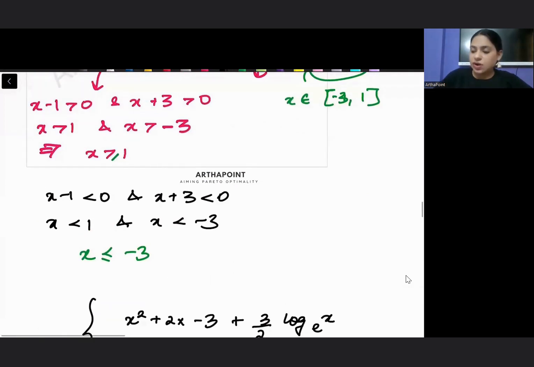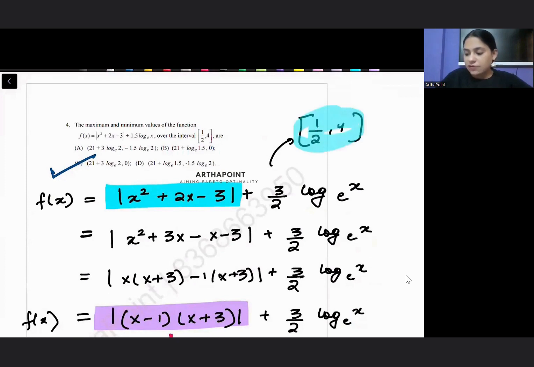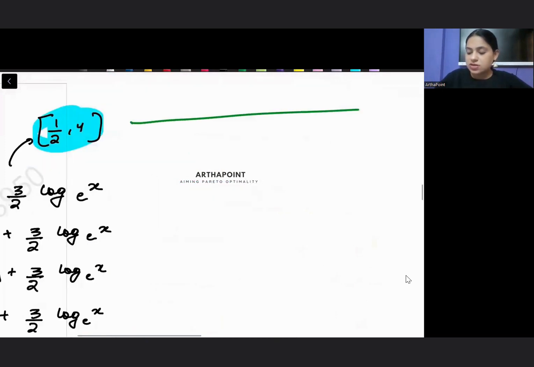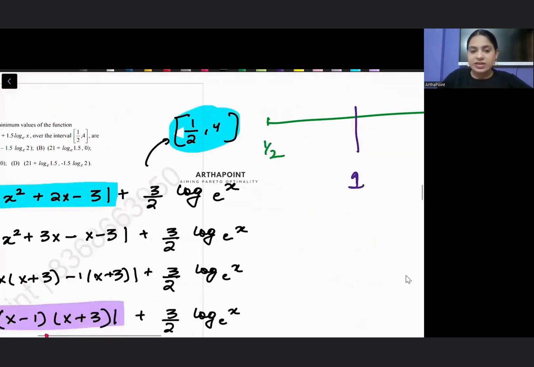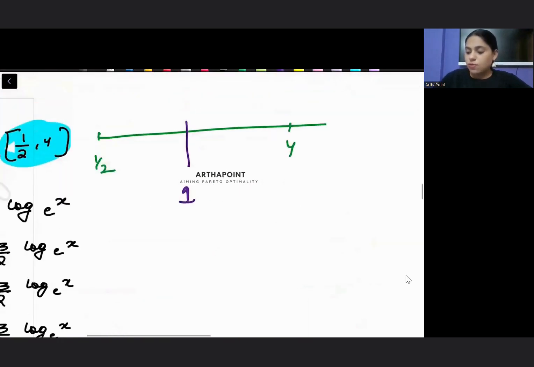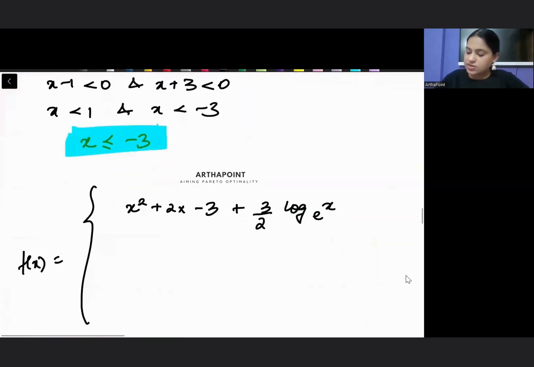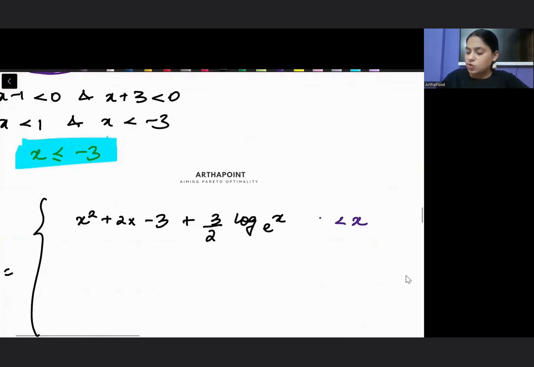So the positive sign holds when x is either greater than 1 or less than minus 3. And the interval I am given is half to 4. I have said that whenever x is greater than 1, it will be positive, right? So from 1 to 4, I will therefore be on the positive side. So I can go ahead and say that whenever x is between 1 and 4,